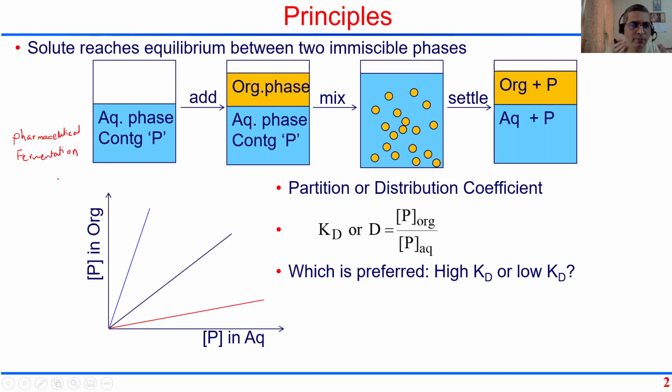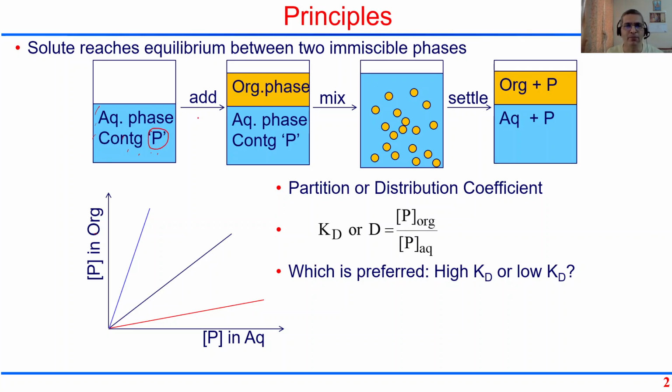So you put in your water, your sugar solution, all these nutrients, and then you inoculate with a certain organism, and the organism grows and makes this particular product. So at the end of the fermentation, what you have is your pharmaceutical compound in an aqueous phase. Along with this, there are many things, like all the metabolites that are secreted by the organism. Microorganisms themselves are there, sugar is there, so many things are there. Let's just simplify and say that this aqueous phase now contains some compound P which we want to extract